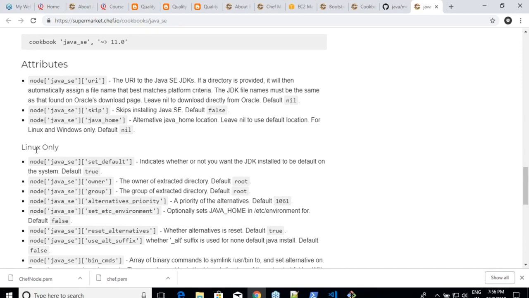Because every cookbook has its own implementation. Tomorrow, if you write your cookbooks, you might put your own variables, right? For example, if you remember, whenever you were writing the LAMP stack, I created an attribute called package name. Now tomorrow, if I want to upload that cookbook to the Chef server and say install any web server, that is what my cookbook is. Then how will I write documentation? There is an attribute called package name that has a default value of Apache 2. Now if you want to install Nginx, change that value to Nginx. How do you change that value? Use this attribute, and that is what this attribute is meant for. So the whole concept is, whenever you are using the Supermarket cookbooks, you should read this. There is no other way out. Okay, am I clear on this?